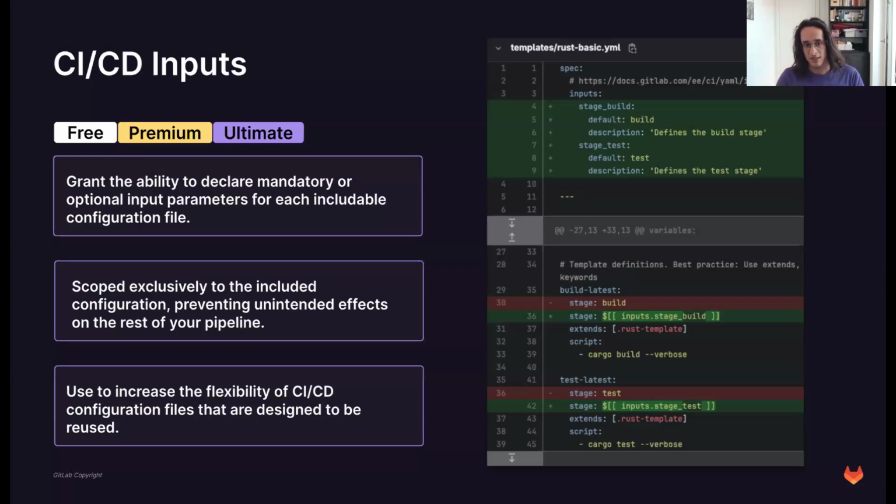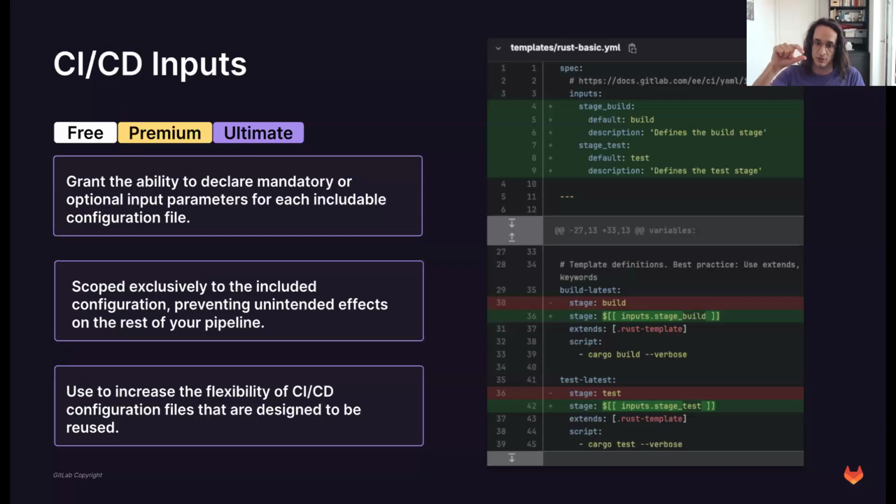With inputs, this is being fixed. You can think of a CI/CD component as just a CI/CD template, right? Just as before. But here you can define a bunch of inputs that work like component-scoped variables. This way you can completely avoid this problem of clashing environment variables inside your pipelines.